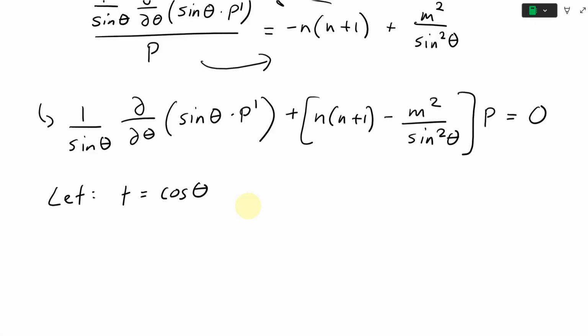So if it equals cosine theta, now recall the trigonometric identity. Actually, it doesn't matter which way you do it. I'm going to go: sine squared theta plus cosine squared theta equals 1. Recall this identity. So in this case, we're going to replace this with t